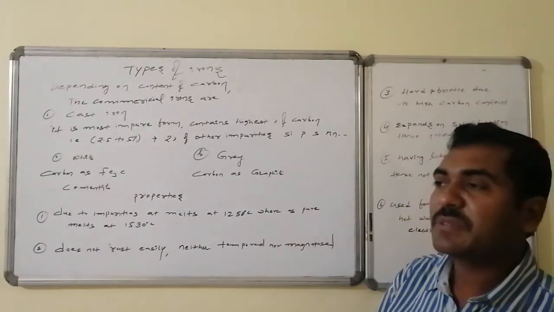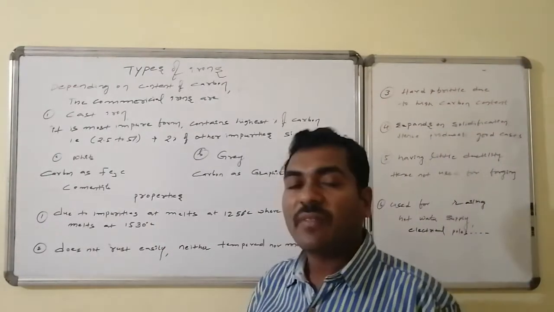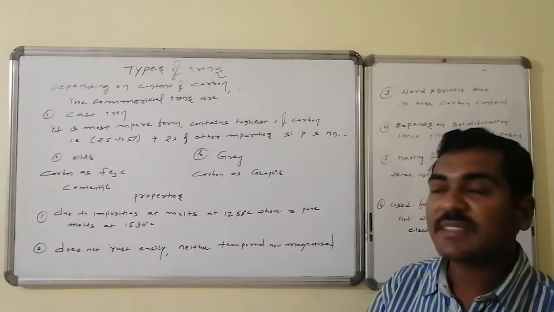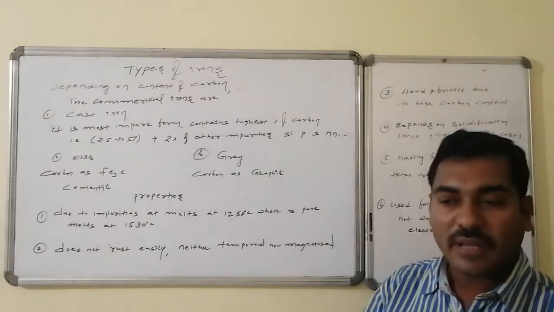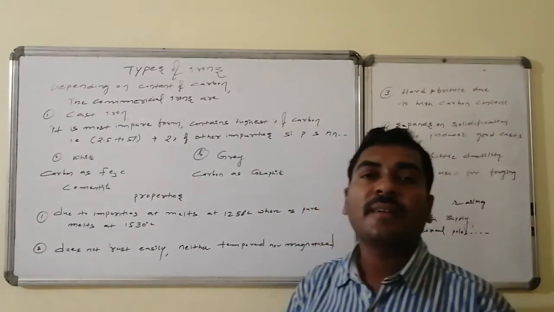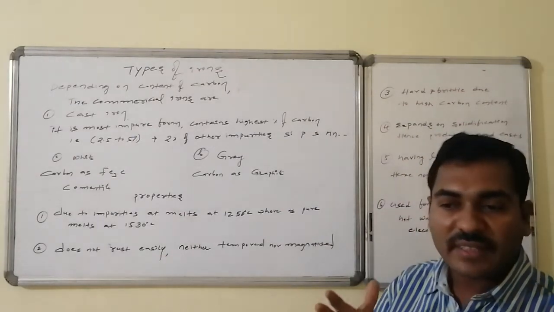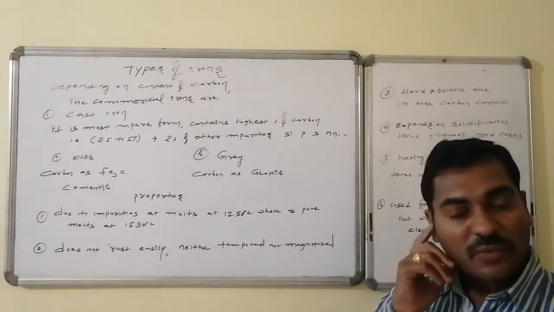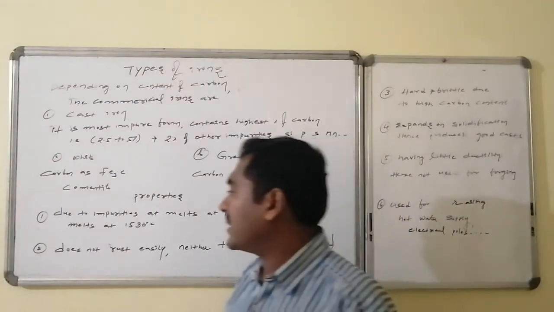It is of two types. One is white cast iron, the second one is grey cast iron, because in white cast iron the carbon is present in the form of Fe3C known as cementite, whereas in grey cast iron the carbon is in the form of graphite. Whereas the properties of cast iron are: it consists of impurities and it melts at low temperature compared to pure iron. Its melting point is 1250 degrees centigrade, whereas the melting point of pure iron is 1350 degrees centigrade.